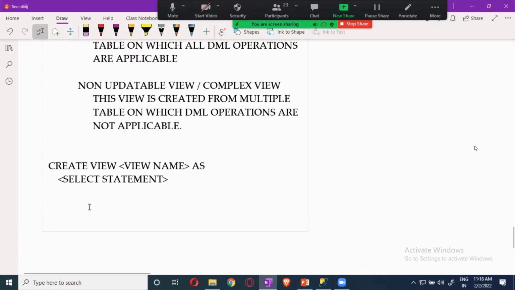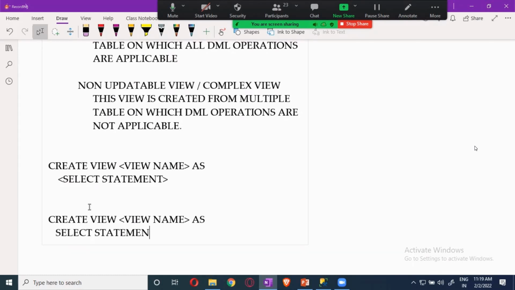Now there will be a complex view, guys. Okay, complex view is again create view and view name. Here you can use the select statement with where you can extract the data from multiple tables, like select statement with set operator.